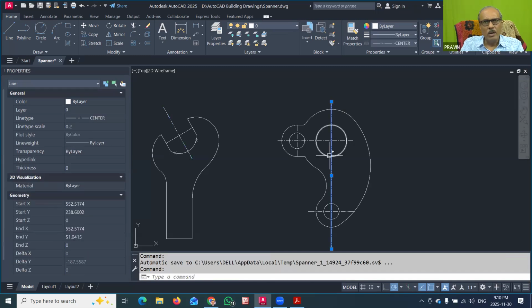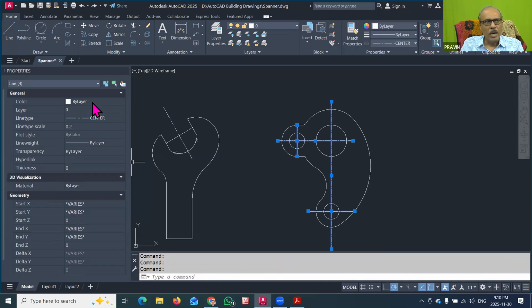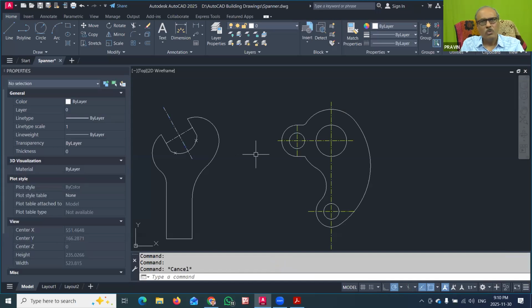And if you want to identify these center lines separately in your drawing, you can choose them and change the color from here. So at present, I will just give you the yellow color, suppose. So these are the faint lines with the yellow color, and these white lines will be printed dark. So in this way, you can create these types of objects.